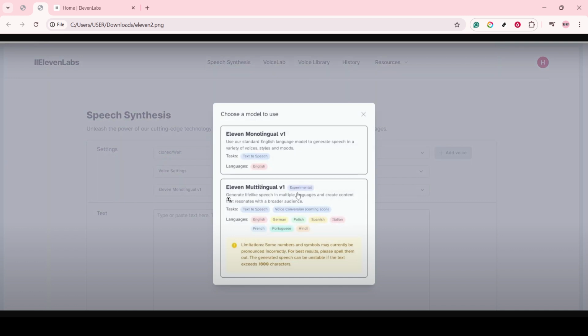communicate your content globally. It's a fantastic resource for anyone looking to engage with diverse audiences or simply experiment with different linguistic outputs for creative projects. And that's all there is to it. With these simple steps, you've now configured Elevenlabs to handle multiple languages, opening up a world of possibilities for your